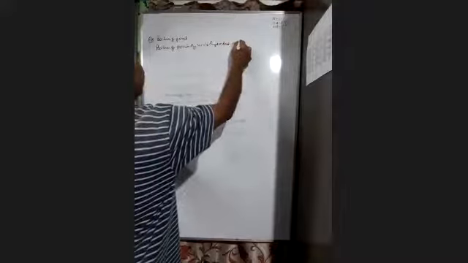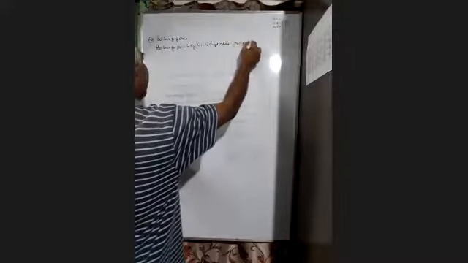So the intermolecular force of attraction also increases, and the boiling point increases. So we write here: boiling point of group 16 hydrides increases down the group